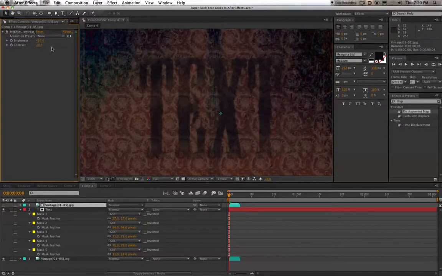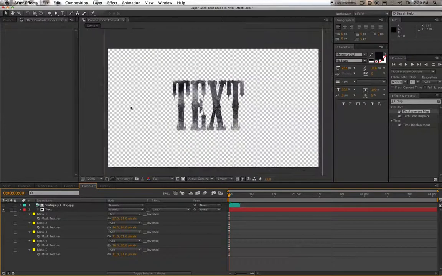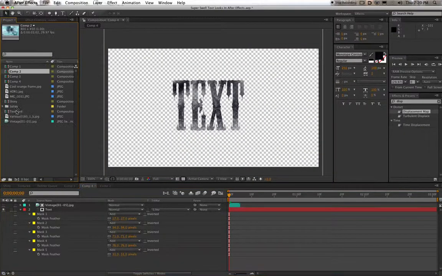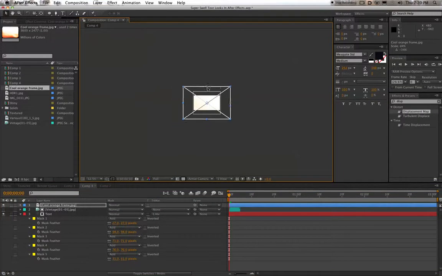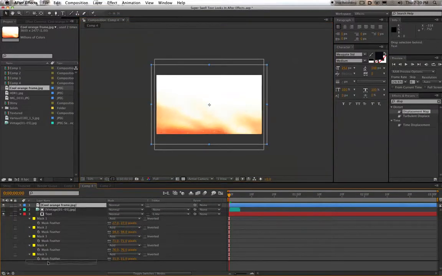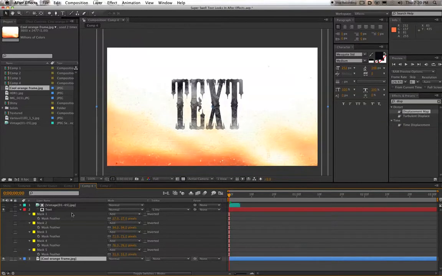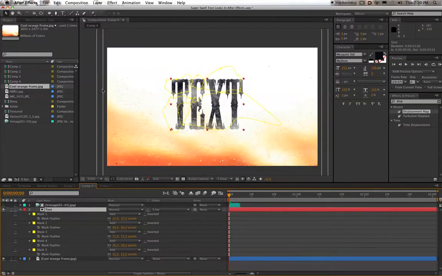So anyway, what do we want? Something with the contrast. Just playing around. There we go. I want something more like that. That's cool. So anyway, if we got rid of this vintage background, the text looks cool on its own. We could throw down something else. That would look terrible. Let's throw this in there. It's huge. Resize that. Throw it in the back as a background. Anyway, that obviously doesn't look very good. I don't like that. You'd have to play around with it a little bit more. But the idea is